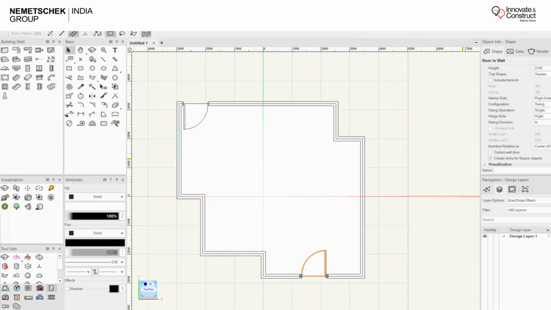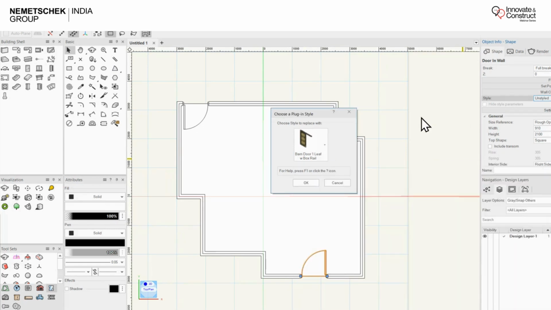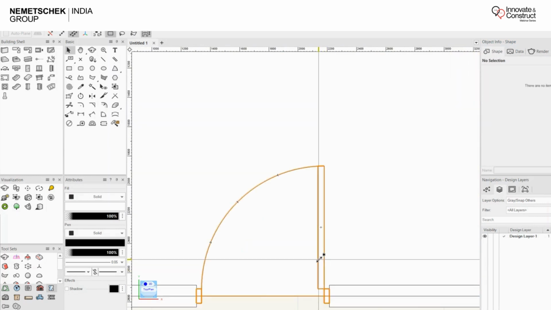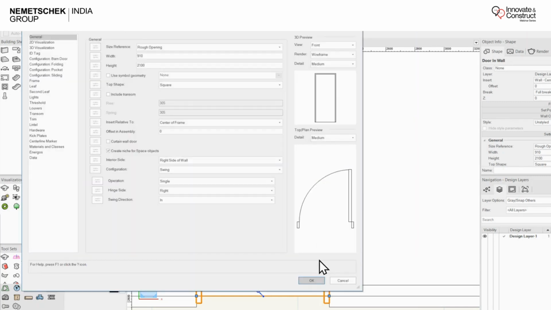I can always go and select my different types. You have it inside a kind of platform where you already have something similar in Revit, where you can further replace this door with some of the types of doors you already have. But it's at the moment unlisted, but you can further take it from here, which has defined geometry, or a unique feature which this software has, is you can further custom build it however required. And this gives you a real platform where interior designers can come into the picture,